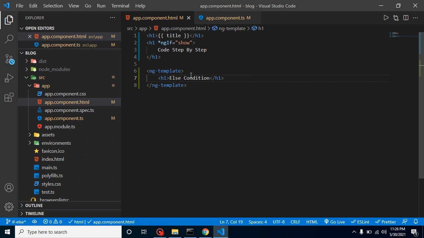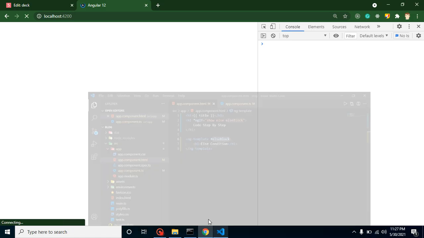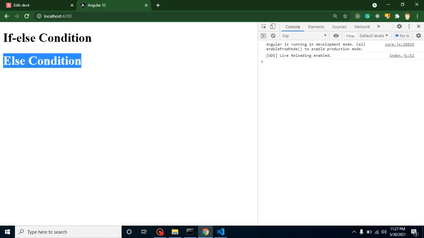First of all, you need to define an id. Let's say hash elseBlock, and now put here else inside the quotes. Keep in mind we have to put else followed by elseBlock, which is that id, right? And now let's see what actually happens. You will find that we got the else condition.